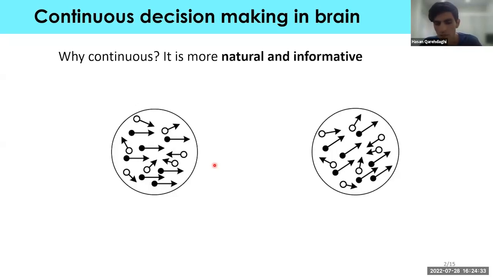For example, the motor movement, for example, for reaching something, the brain should choose from a continuum of options for adjusting the movement of fine muscles. So it seems that it's more natural to use continuous decision tasks in research, and also they seem